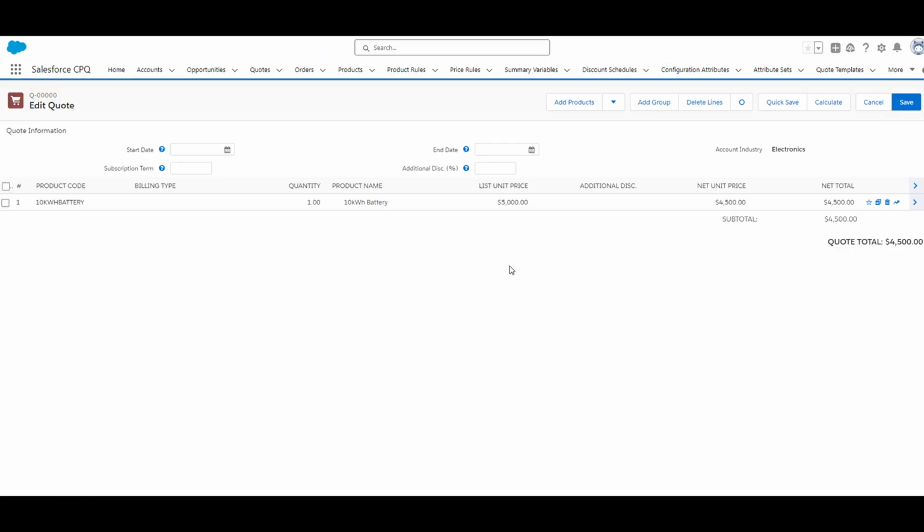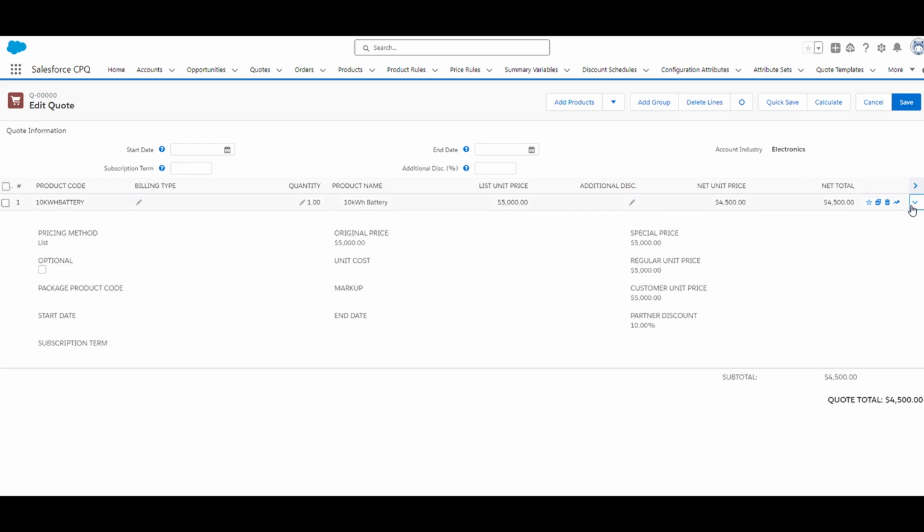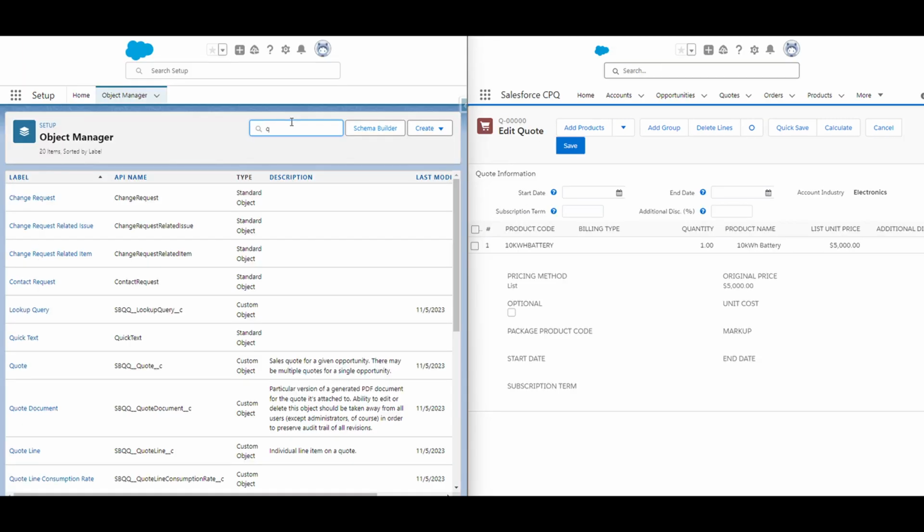So there's one last field set that I wanted to show you in this video, and that's the field set that changes the fields in the quote line drawer. So if you're on a quote line and you click this drop down, you'll see that there's various fields within the quote line drawer. These fields are determined by a field set on the quote line object. So we'll navigate back to the quote line object in setup. From object manager, we'll type in quote line,